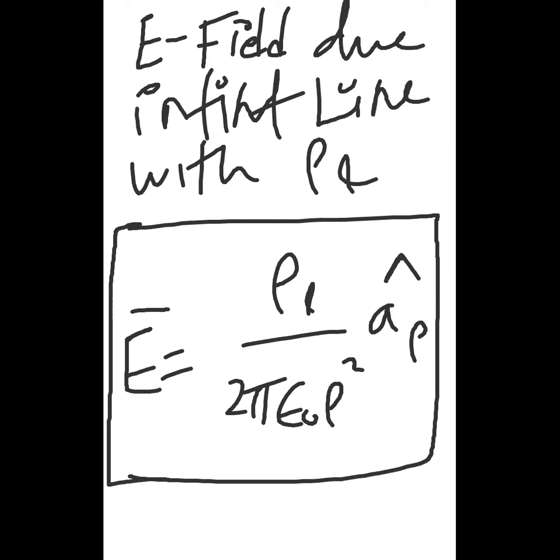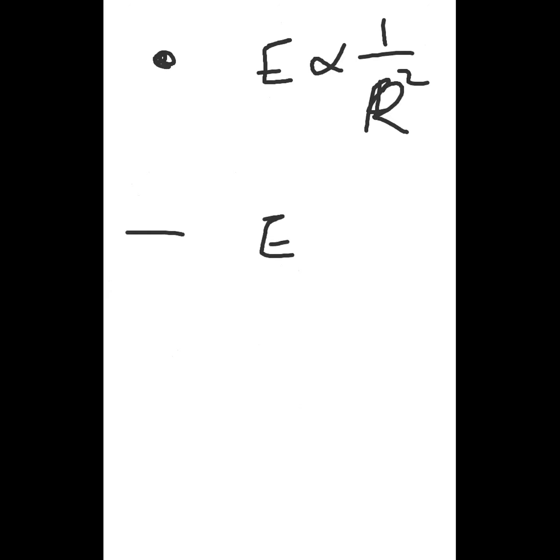Okay, rho L divided by 2 pi epsilon naught rho, into a rho cap. I think here the square will not come. So rho L divided by 2 pi epsilon naught rho. Okay, you can put r or rho. So from this, what is the observation? If it is a point charge, my E is depending on 1 by r square. That is a radial distance, 1 by r square. But whereas in case of line charge, it is depending on only 1 by r.